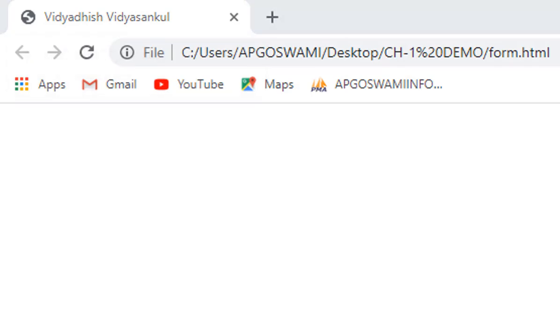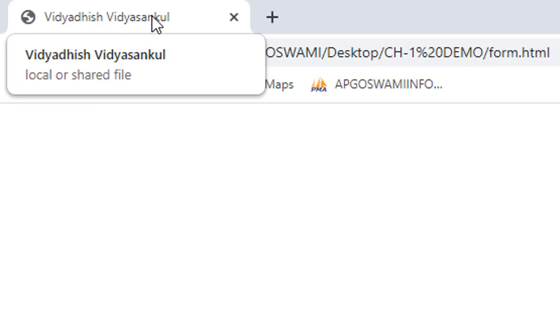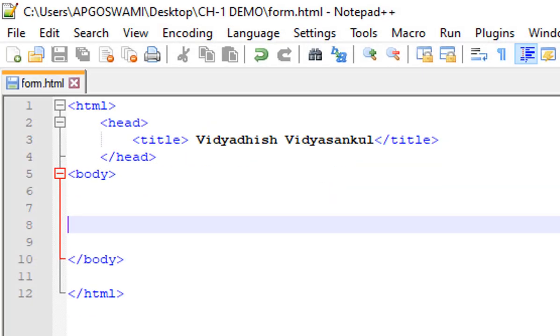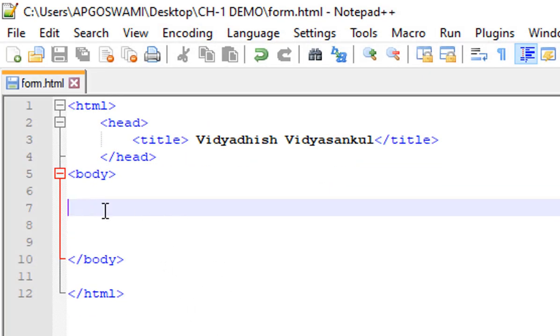This is a title, and this title is displayed on the tab or on your browser. Okay, now we will start how to define all things like forms. In your last lecture we discussed input fields and some containers, all things defined in the body part, and all input fields and containers are also defined in form tags.